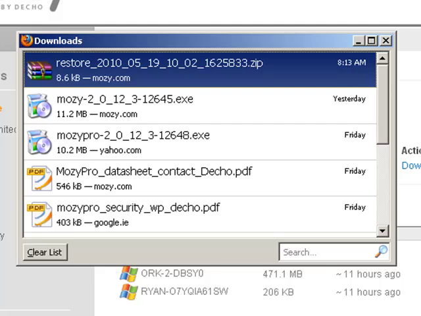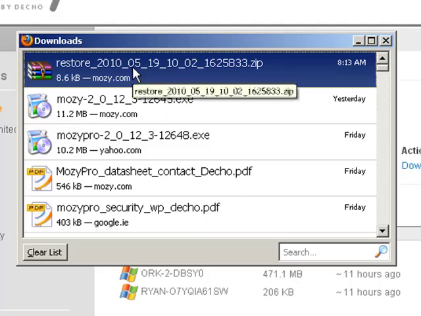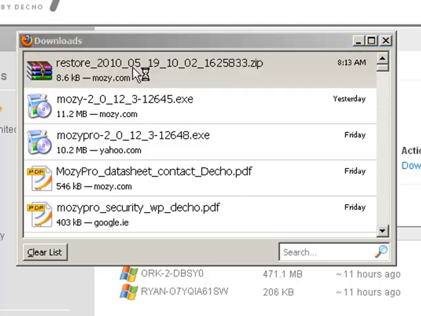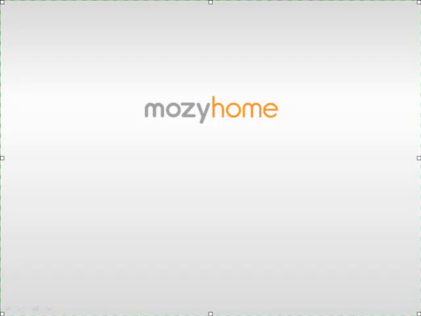The files are downloaded to your computer, and depending on the number of files and the size of these files, this might take a while. When these files are fully downloaded, double-click the Restores zip file in the Downloads window. You will need to have an appropriate application loaded on your computer to unzip the files. WinRAR or WinZip are two applications that unzip the files for you. If one of these applications is loaded on your computer, it opens automatically and you can now unzip or extract